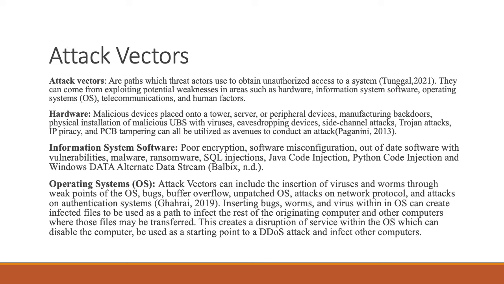This can come from different areas, which means paths can come from flaws in hardware, information system software, operating systems, telecommunication, as well as human factors. First, we're going to talk about hardware. So hardware could be